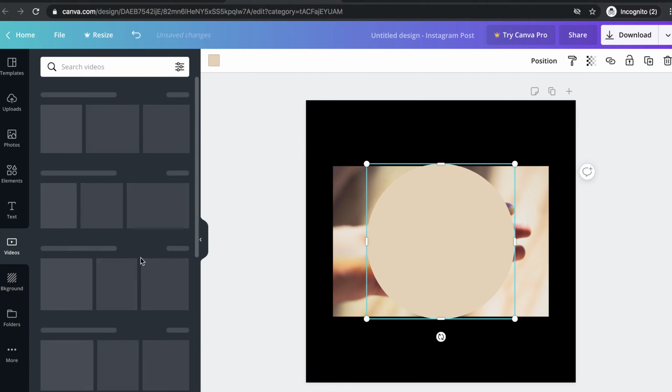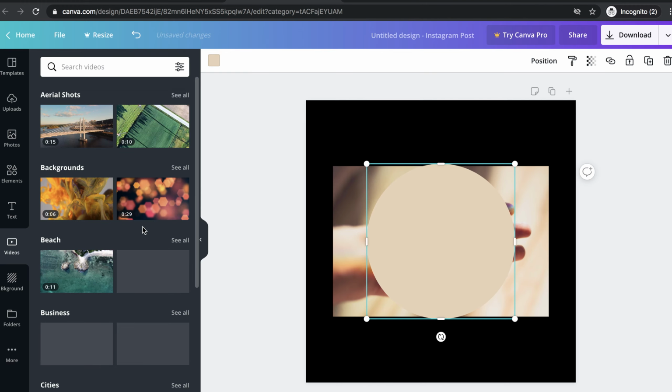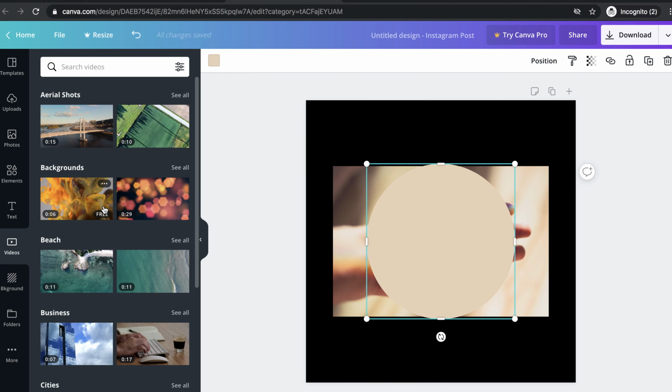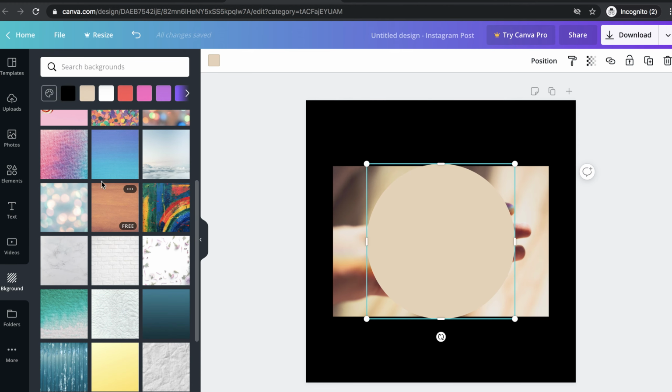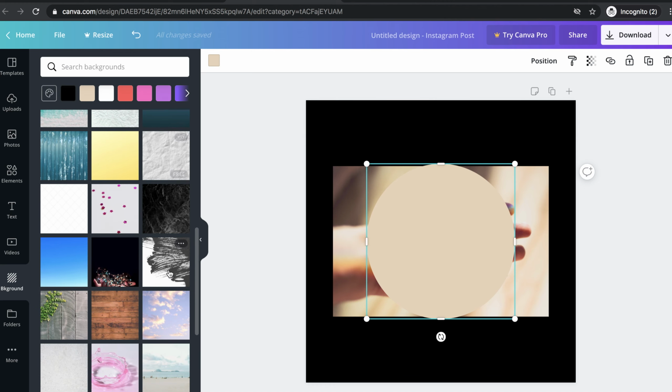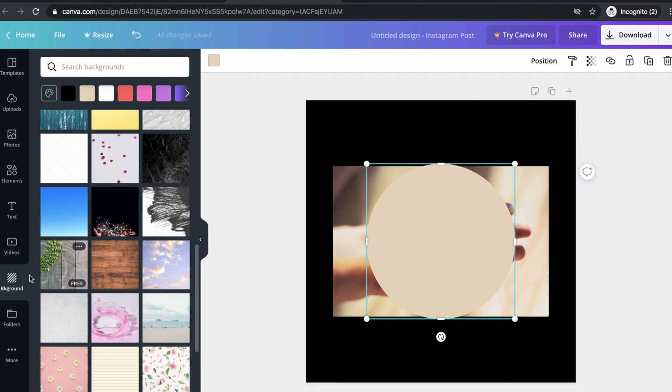Every element, design templates for videos are also available. If you want to make a video with this, changing the backgrounds of this, otherwise changing the text upon it. So if you feel that the respective video is suitable for your business promotion, you can make use of it. Background, simply I told you now, instead of plain background, instead of the templates given, if you would like to use some other backgrounds from the Canva tool, you can make use of it from the background